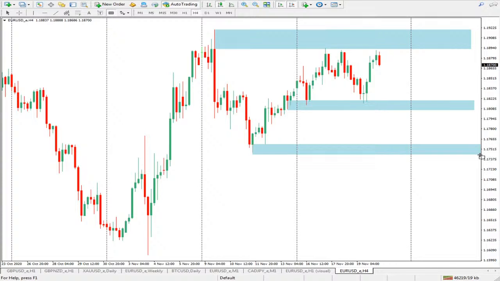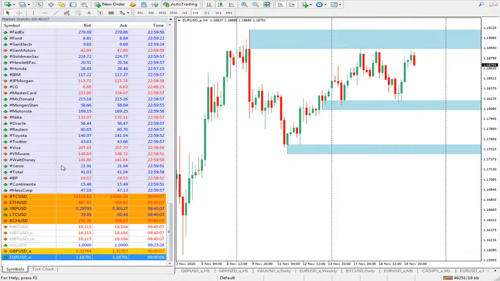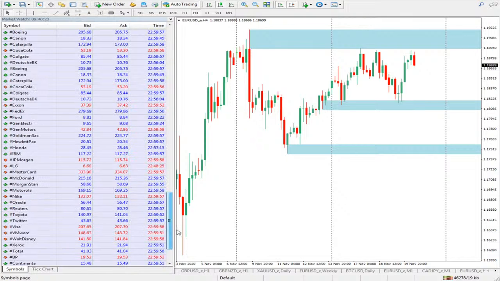So technically, if the price comes to any of these levels, the price hits this resistance, we'll be looking for a sell. If the price comes down up to this point, then this will be a good place to look for a buy from. And in case the price breaks beyond 1.19225, then that will be a good sign that we are now continuing to the upper side. So the next chart I would like us to look at is this one,